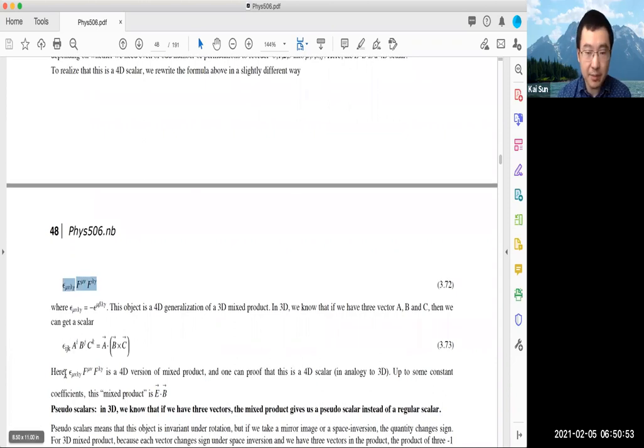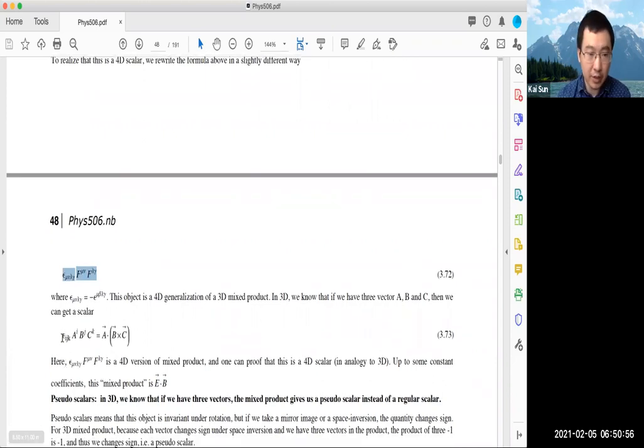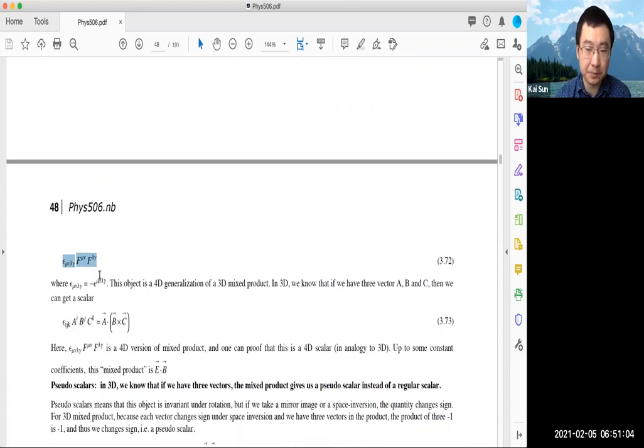Okay, same as in 3D. The 3D mixed product gives me a scalar. The 4D mixed product also gives me a scalar. That's the E dot B scalar. That's another way to understand E dot B as a scalar. And this analogy between the 3D mixed product and the 4D mixed product actually gives us one more important lesson,